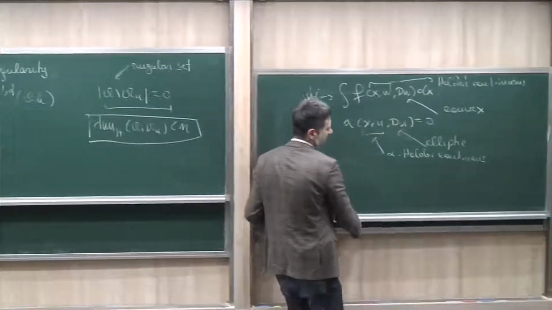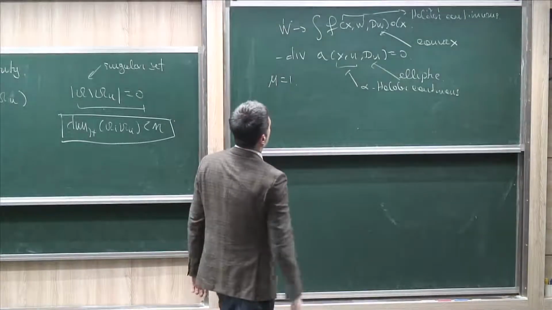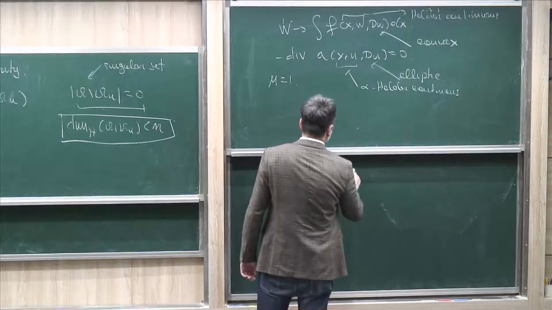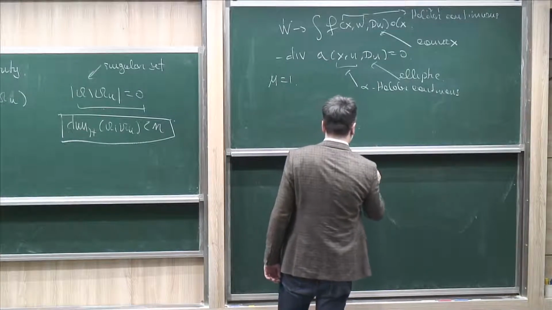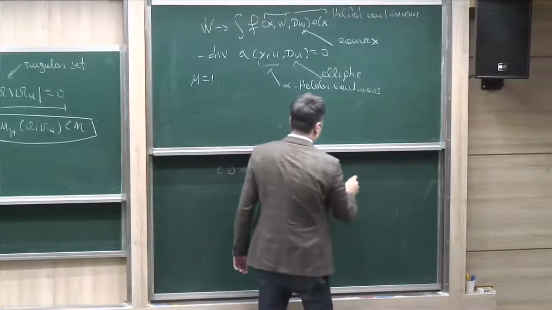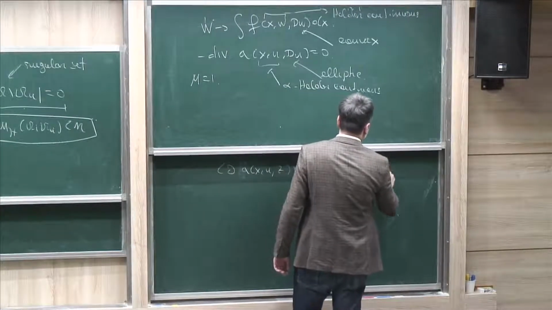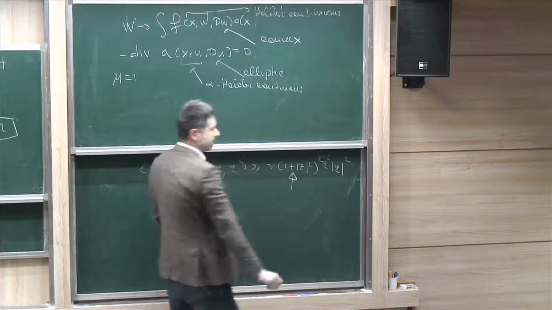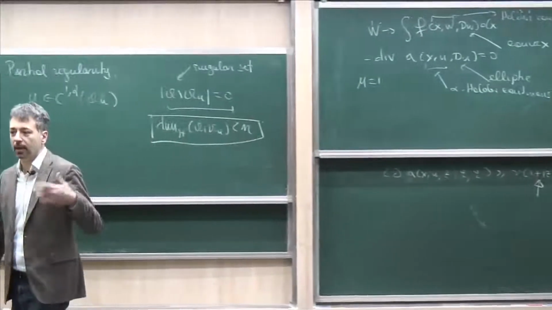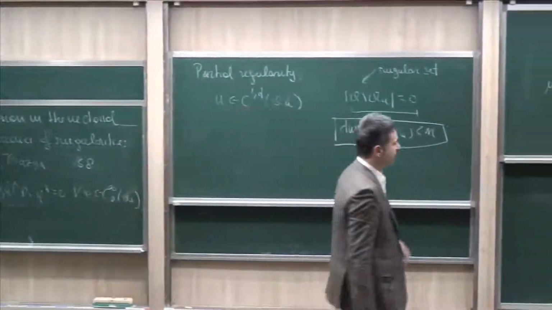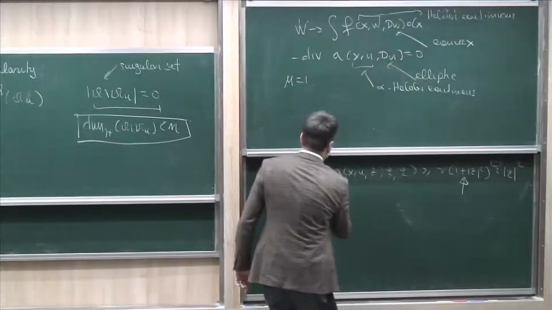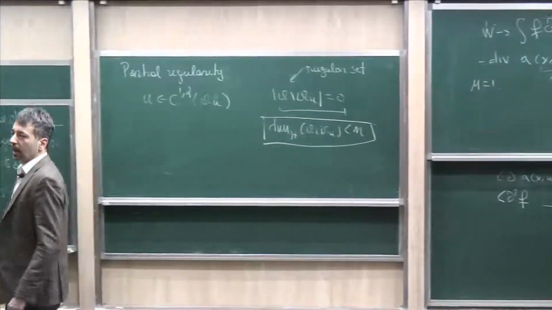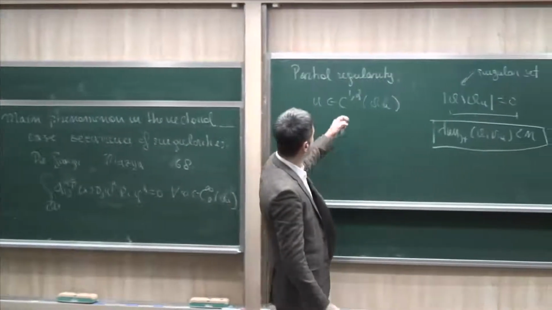So in particular, for instance in the case of systems, we shall consider assumptions like this. And this is non-degenerate. The same happens, for instance, for the second derivatives of f when you consider the Euler-Lagrange equation. So under this assumption, the statement is that u is C^{1,alpha}